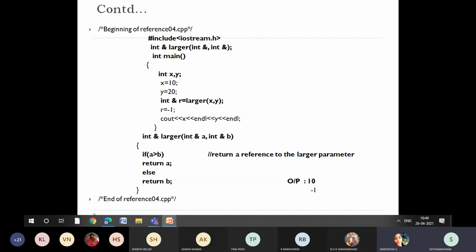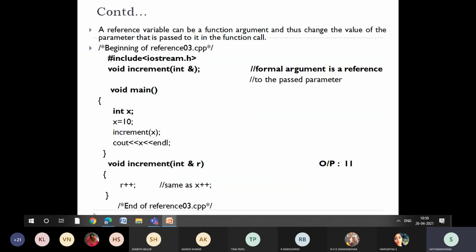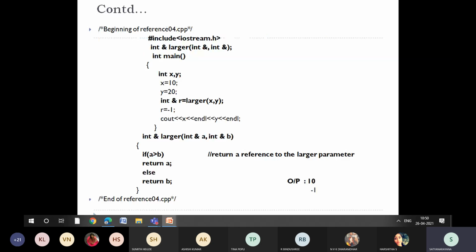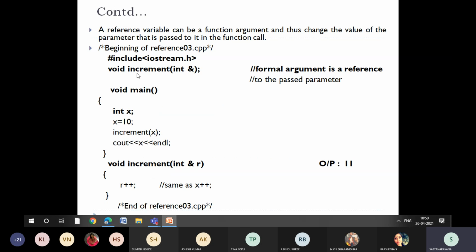As per our reference variable concept, what we are doing here? In the previous program, we created one function and passed the variable to the function in reference format. It is the same here, the only thing is when you want to pass multiple variables. Previously the function was not a referential function, it was a normal function.